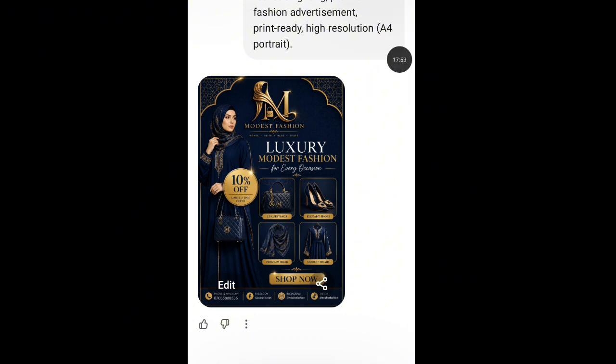But sincerely, I don't like this AI. I didn't like this flyer, and the reason is that the model ChatGPT is using is Oyinbo. This is a Nigerian brand, you can see. So that's why I didn't like it. So we have to tell ChatGPT that I don't want this, and I want it to give me something else. So I prompted ChatGPT and said that